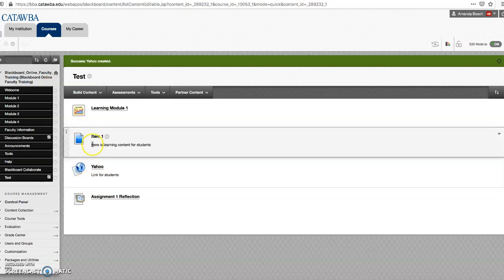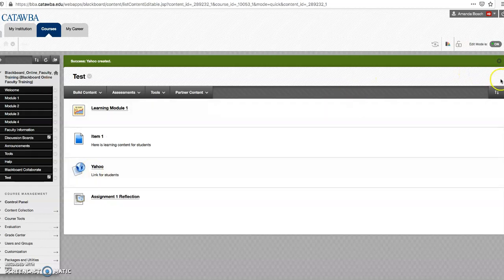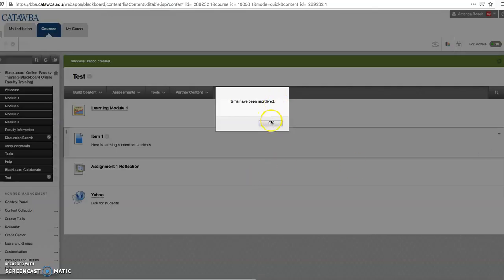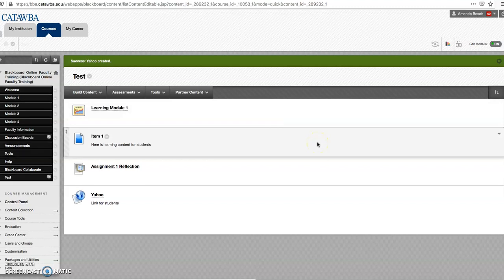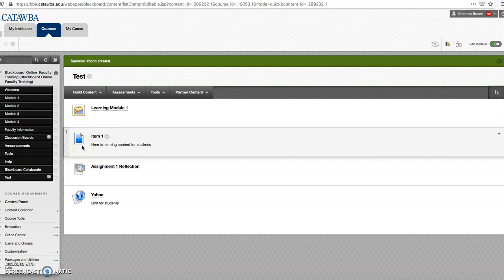Even though I created item 1 first, then I created an assignment, then I wanted the students to go to Yahoo, it defaulted the order of the items. I can go here to change the order, but what I have found is even when I change it here within a module and move, okay, let me move the assignment 1 up, it will reorder it temporarily, but it doesn't save it. So when I have items that I want to put into the learning module, what works best is if I create them in this tab and then move them into the learning module,